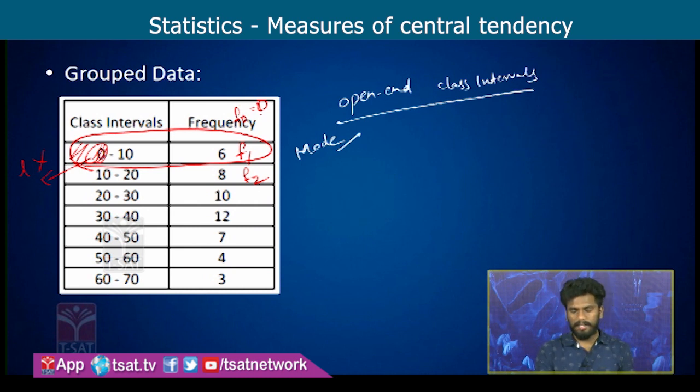So in that case, we cannot find the mode. We cannot find the mode in that case. That is a special case. So open-end class intervals, in general, we can find out if the modal class is not the first or last